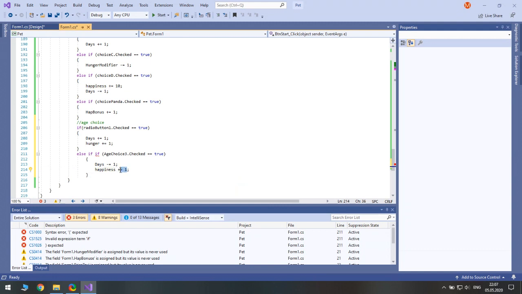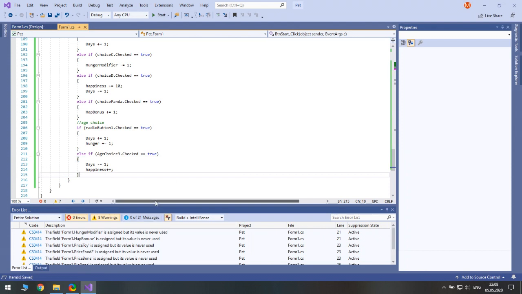Again, it is the same as typing plus plus. If you want to automatically format it and not do it manually, just press Ctrl E and Ctrl D, and it will automatically fix formatting.